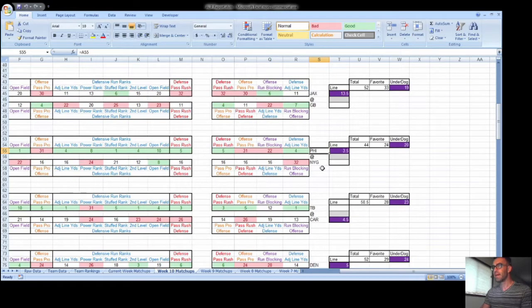Next matchup here, Philadelphia at New York Giants, 44-point total, super low there. New York Giants are actually 3.5-point favorites. Is that right? That can't be right. Philadelphia? I may have written that down wrong. I could have sworn that Philadelphia was the favorite in this game. But regardless, the only thing of note I have for this is actually both defenses, Philadelphia